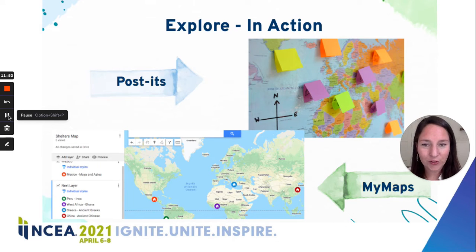So once you have those filters in place to guide student interest, there are a couple ways that you can show the class all the student thinking. If you are in person, Post-its on a big map are an awesome way for students to really quickly see the patterns that are developing in their interests. And there's also enough room for students to write the reason why they're interested. That's great for peers to look and see, oh, I agree with that, or I'm not so sure. But it's also really great for teachers to look in and see, oh, this is why they're thinking this way, and you can guide them to other countries that might be a great way to study.